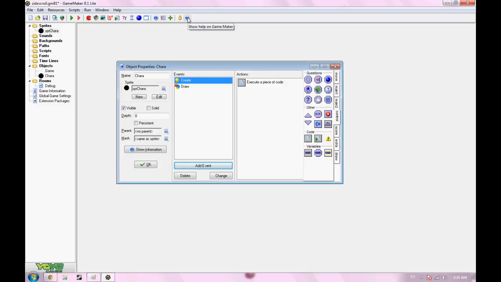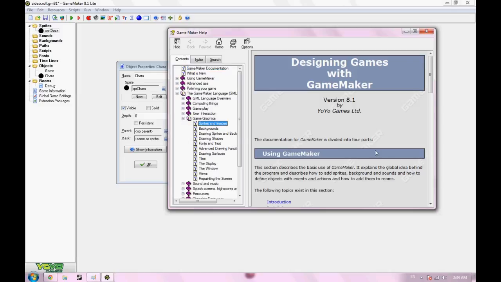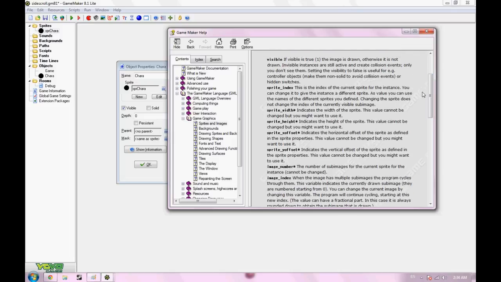Let's find out. Oh, here's a helpful button. I press this all the time, even for things that I should already know. I don't use sprites usually. I actually just draw circles, and I give it a radius, and then I can just look at that. But hey, look, here you go. Sprite height. You can actually check that if you do